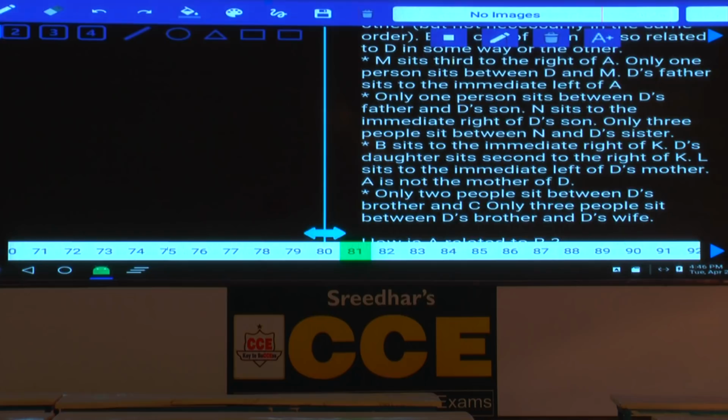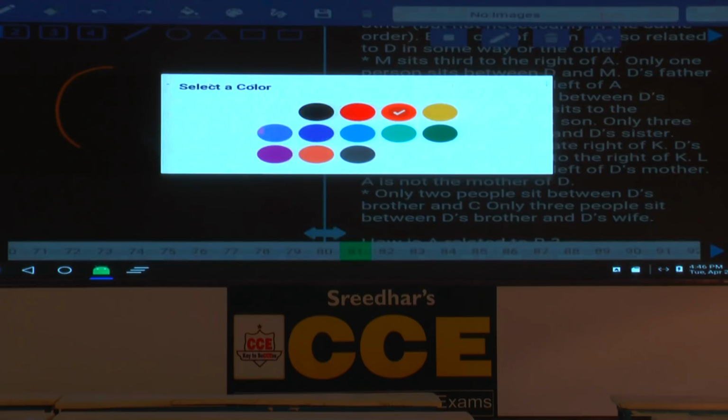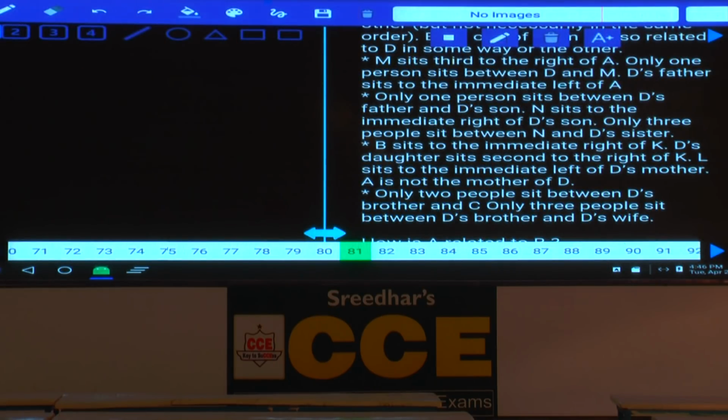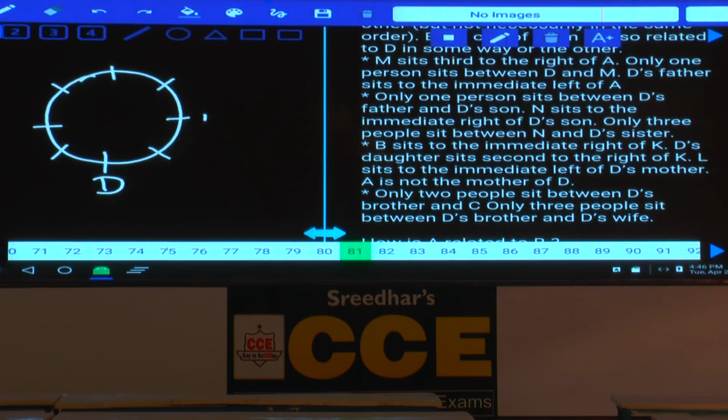Then first one, M is seated out to the right of A. Now let us take, this is a circular table, 1, 2, 3, 4 and 5, 6, 7, 8. All the persons are related to D in some way or the other. Now I am fixing D at this place. If D is here, only one person sits between D and M. As one person sits between D and M, now tell me the different possibilities. M can be here, that is the first case, and M can be towards left hand side, isn't it? And as there is less space here, now let us work out this with this arrangement.